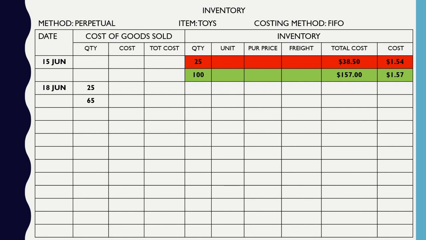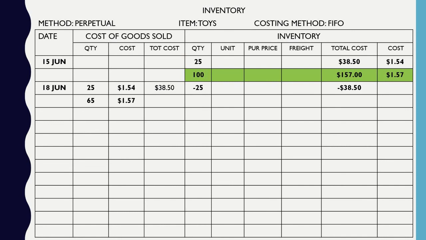So by looking at this, I know I'm going to be eliminating my red batch at $1.54. So in this case, I'm getting rid of the whole entire thing. So it's going to be for that $38.50. So I'm going to subtract it out. So that's going to leave me with 0. Then I have only one batch of inventory left, which is this green batch,